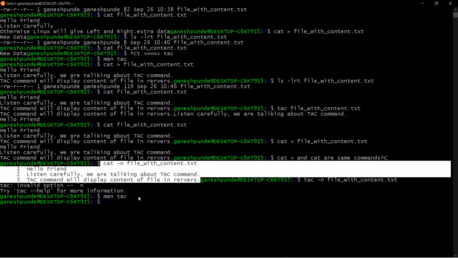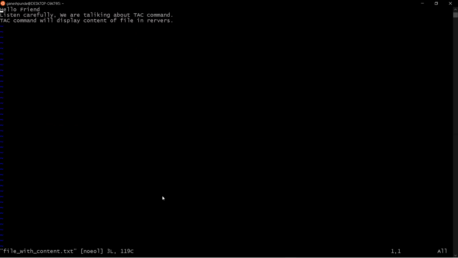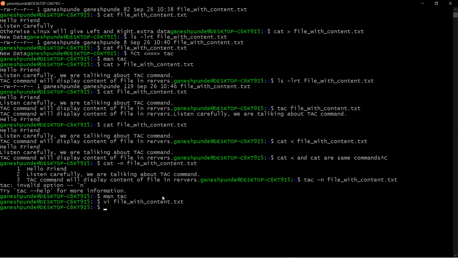In some cases, for example, let's say I have this file, right? What does this file contain? Hello friends, right? Then I'm adding empty lines. I'm saving with :wq, and now you can see the file.